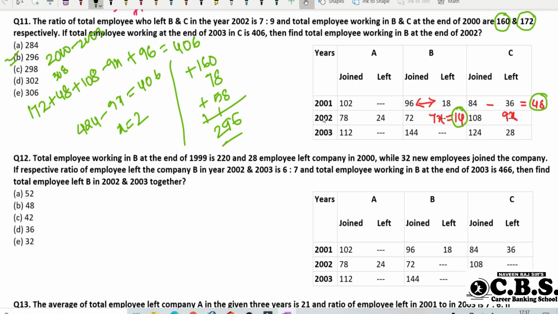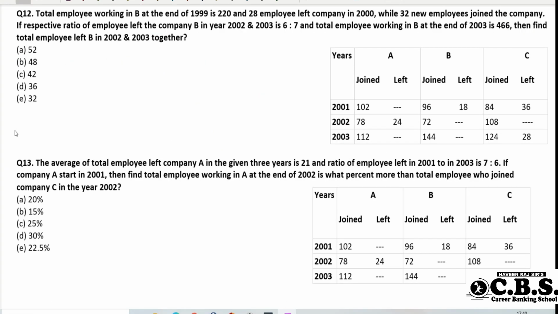Total employees means what? You take the addition of the previous year. Okay, so up to this one. If you are asked about 2002, you consider from 2001 to 2002 as the total employees. So we subtract the left employees and take the remaining employees. But here the question specifically mentions 2000 to 2003. So nothing but what? You add 2001, sorry, 2002. So 2001 you have to add, 2002 also you add. Okay, this is a question in a previous data interpretation. Let's go for the next question.